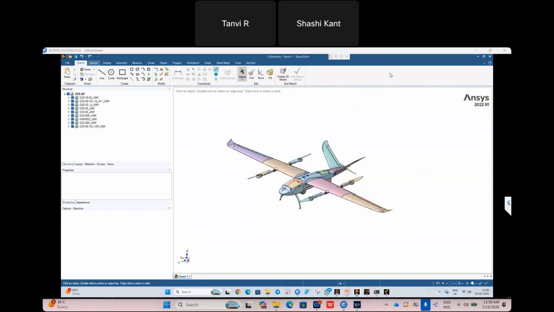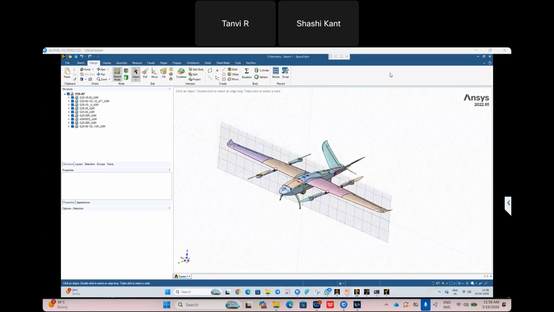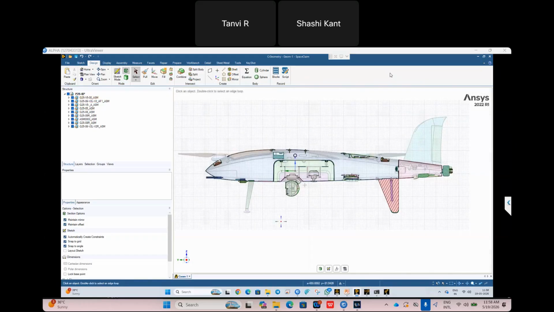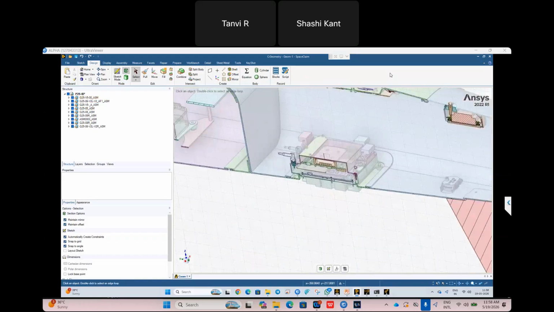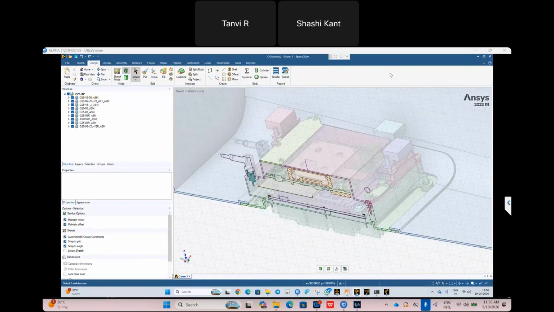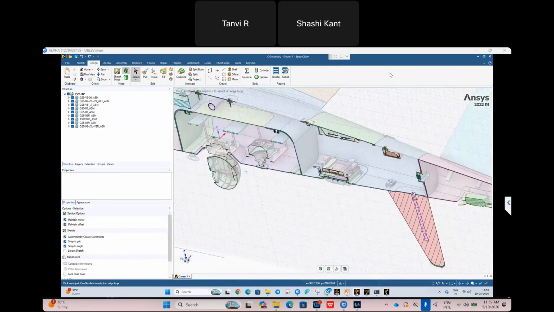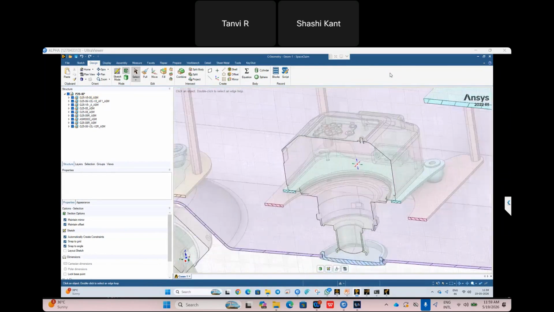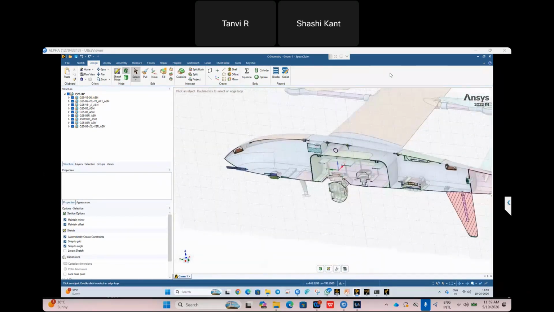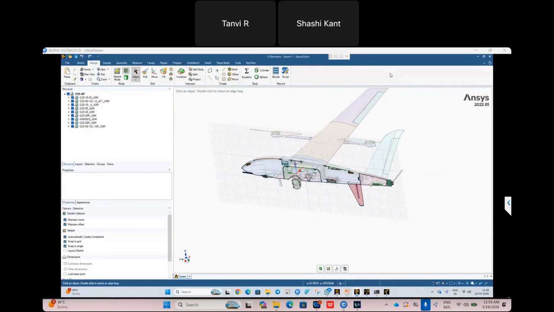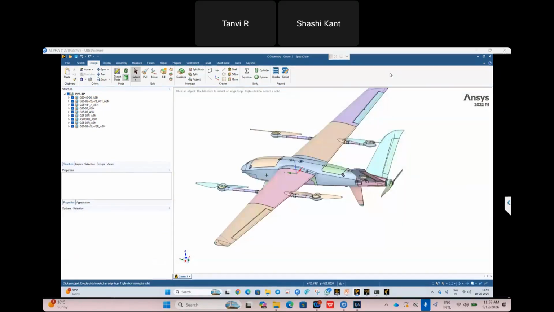Let me show you the cross section, then you will understand the components inside this. Wait one second. Let me go there. You can see the complete electronics system. You can see the cooling also. We applied a different cooling for the electronic cooling process. And this is a gimbal camera, and this is also a system for the antenna. So all these things are available there. The battery system is also there. So you can import the complete geometry, and you can simulate also.